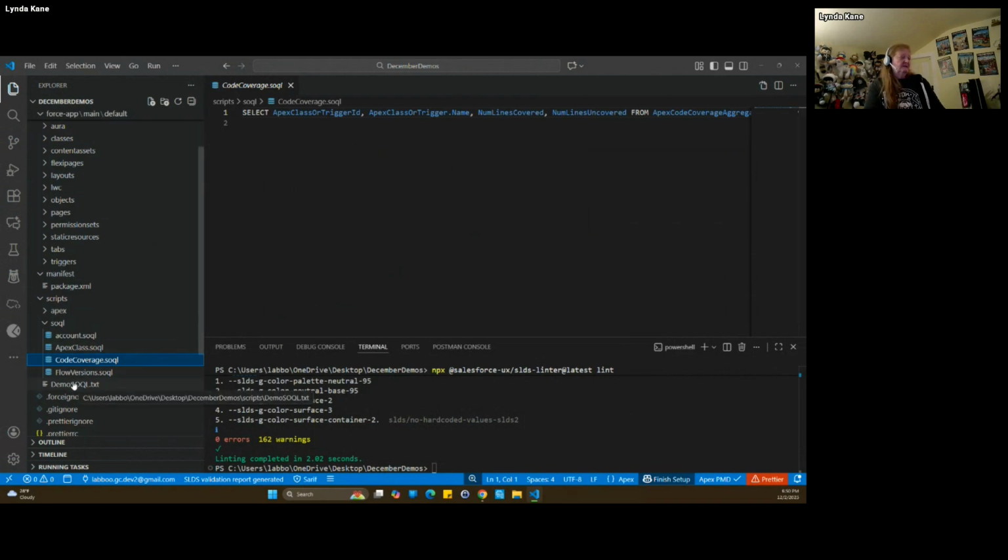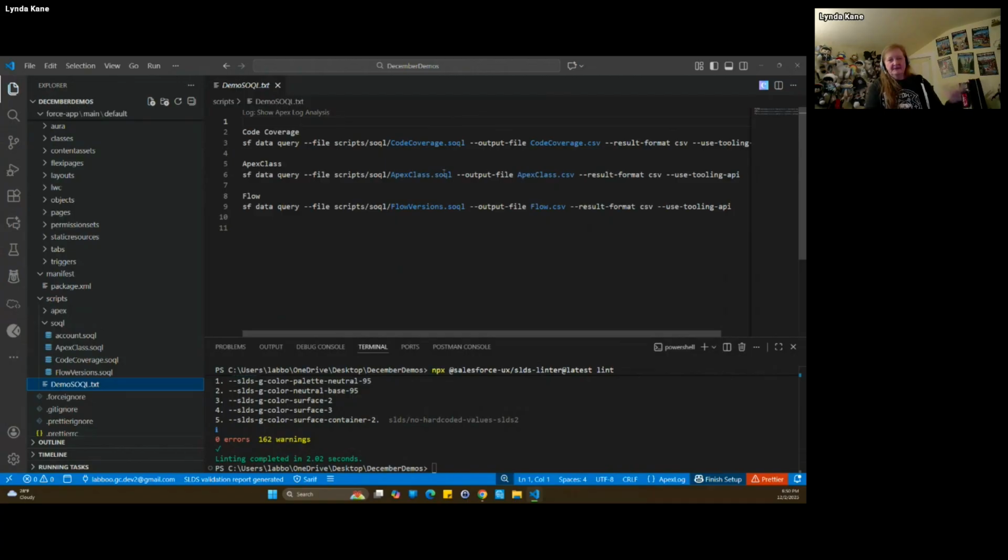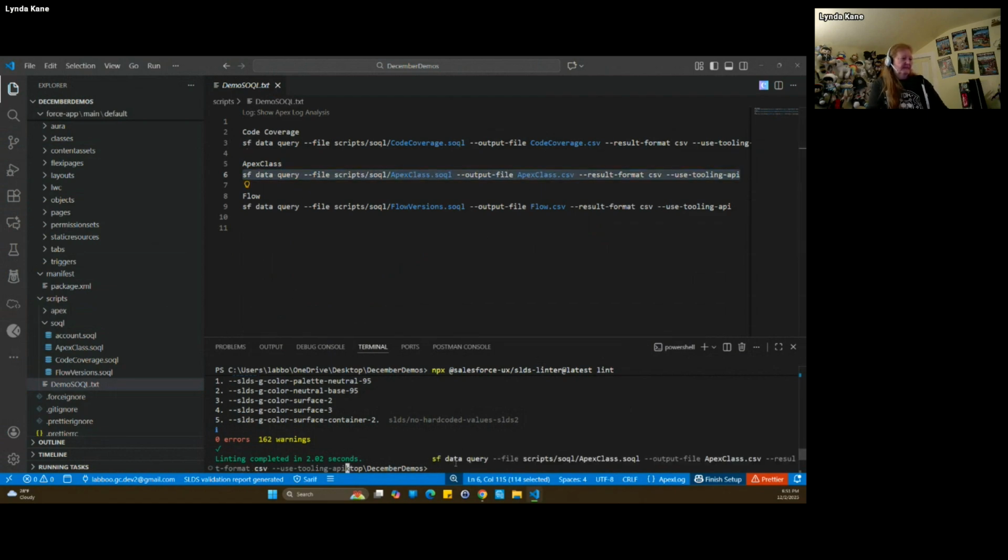And then I created a file to store the commands so I remember what they are and can copy and paste them. Basically, the CLI command is the sf data query command. In this case, I'm using a file rather than writing the query directly, and then I'm creating an output file. I'm putting it into CSV, and I'm also noting that I'm using the tooling API. So if I wanted to run that exact Apex class one, I can just take this command I wrote and throw it in the terminal,